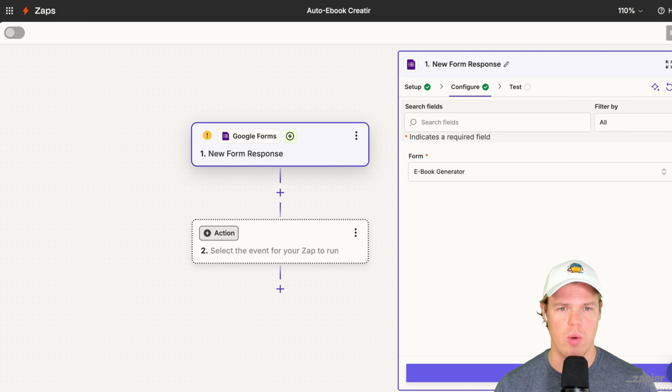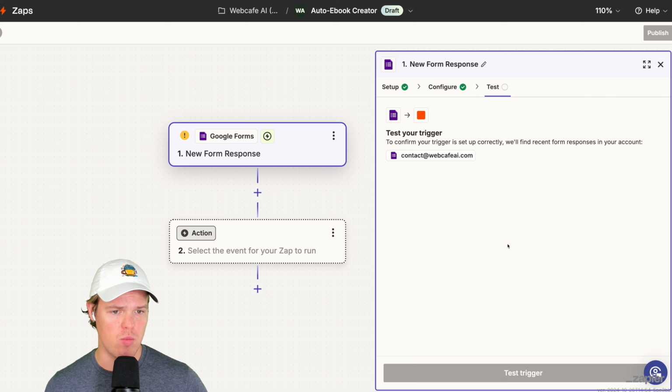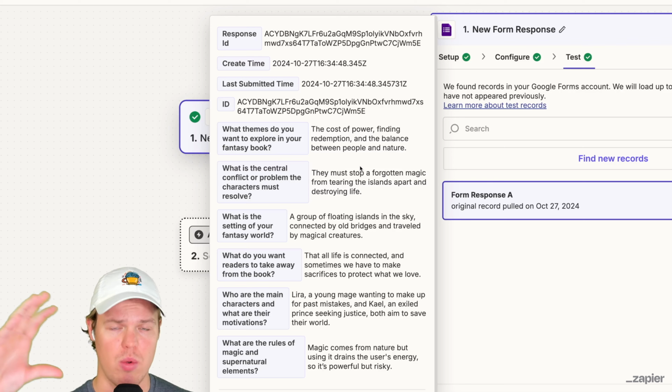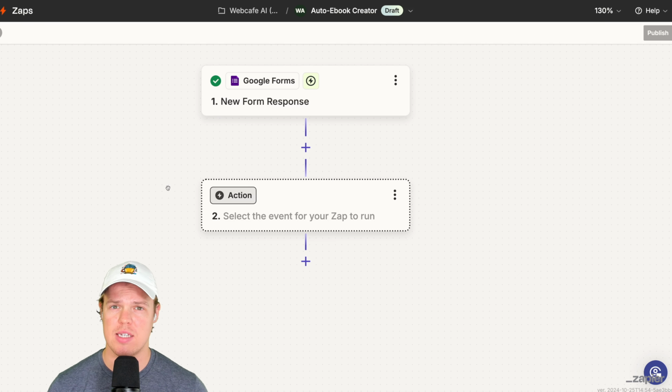Say auto ebook creator. So coming back over here, we should hit continue, and then we should see example test data. Form a response. And here we go. This is what we put in. Good start. So now that we have all the test data to play around with, let's set up some other parts of how we're going to create this book, which would be the book itself and the structuring of the